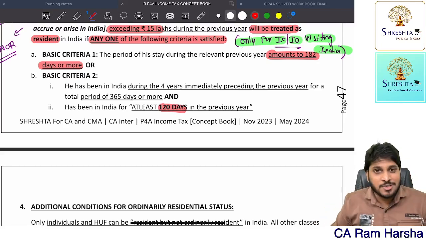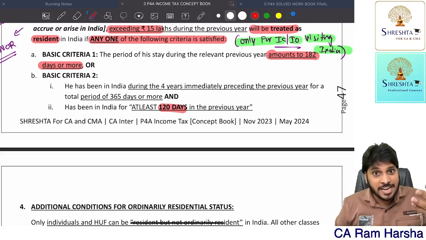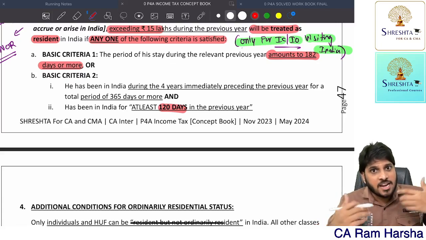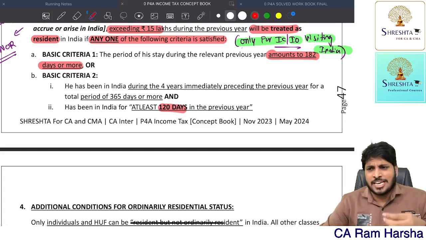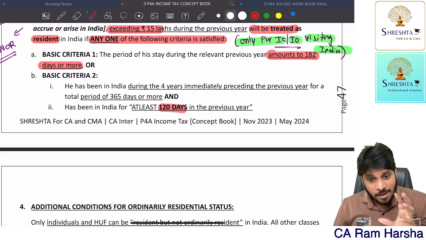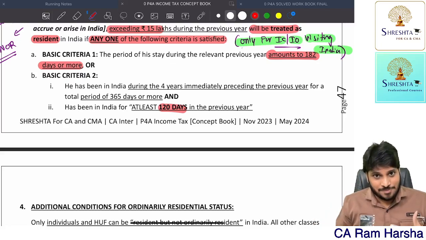Now, basic condition 2 is very easy. Anybody, whoever is visiting India for 70 days, 80 days, many tourists come to India for 70, 80 days easily. They just come for a visit. Many NRIs who are settled abroad just come and stay easily 120 days, 130 days. Getting it? Now, in order to relax,